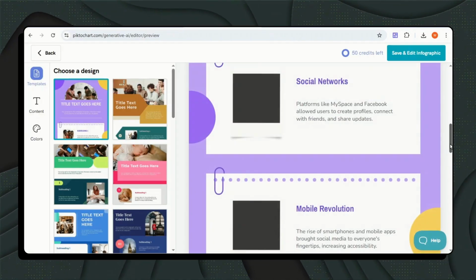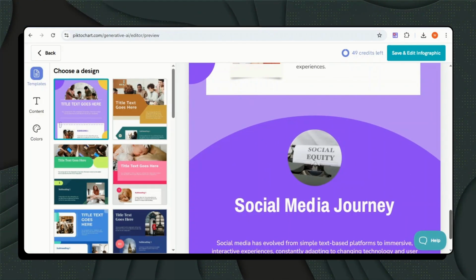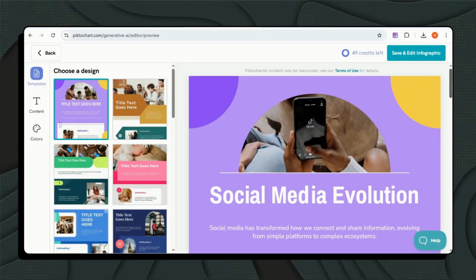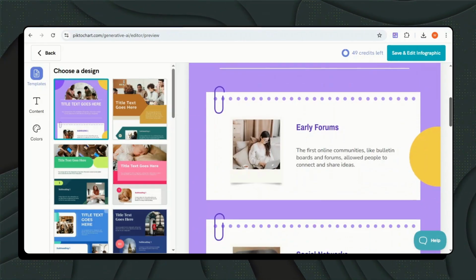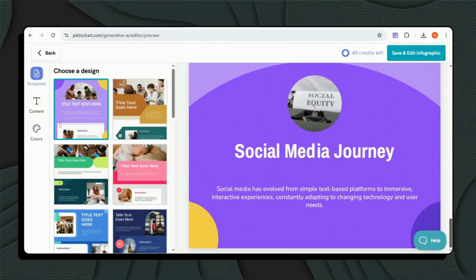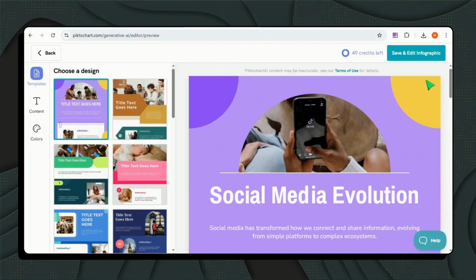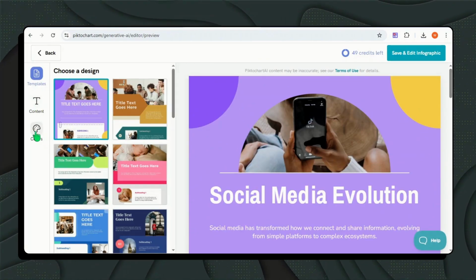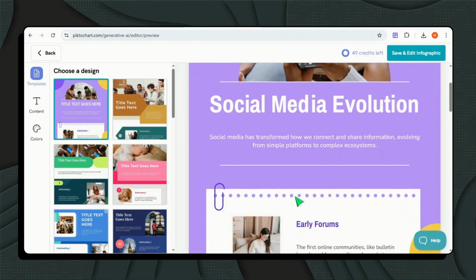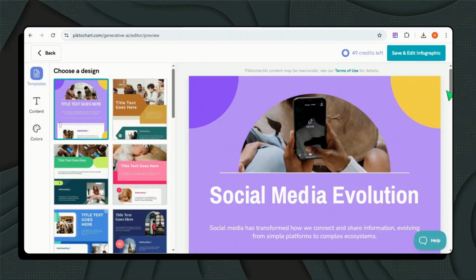Note that the free plan allows 2 downloads per workspace. It's free, incredibly fast, and requires no design skills, making it great for blogs, social media, or presentations. Pro tip: create an infographic for your next blog post or YouTube video to make your content more shareable and